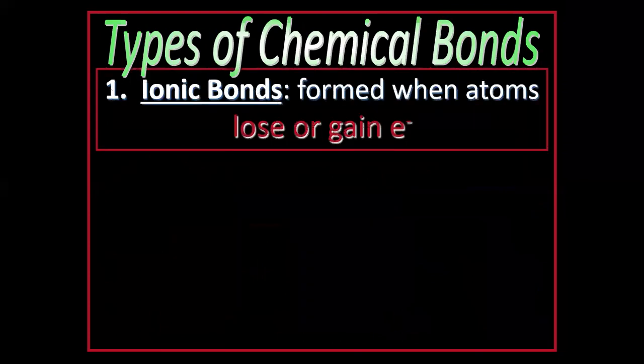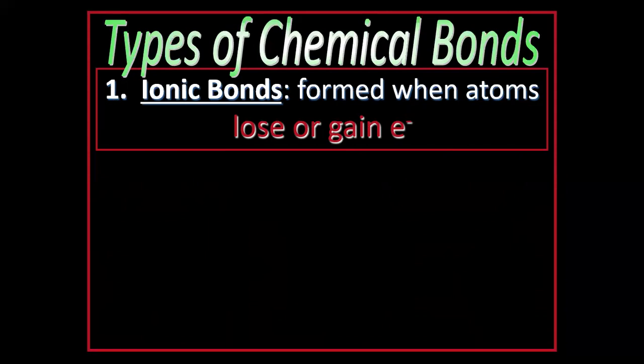Types of chemical bonds. The first one is ionic bond. Ionic bond is formed when an atom loses or gains an electron. Or in other words, ionic bond is formed between atoms in which one atom loses an electron and the other atom gains an electron. Remember, the losing atom will be metal and the gaining atom will be non-metal, because metal